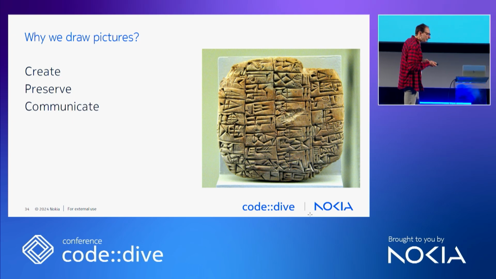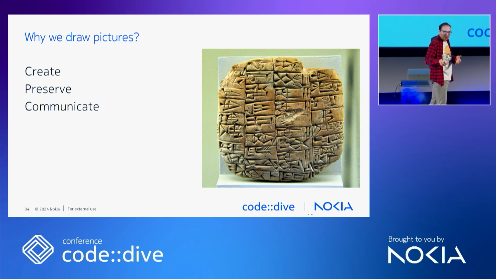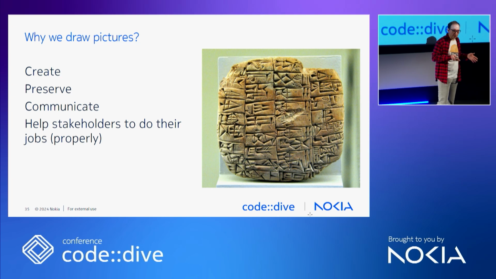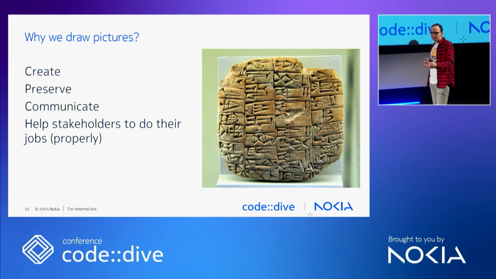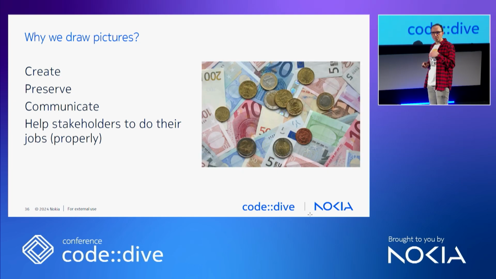And we communicate it to our stakeholders. Some of them just need it to help them do their jobs properly. And some of those stakeholders are people who are actually taking your architectural description, so not only diagrams, but diagrams among others, and they decide based on requirements, constraints, and business goals whether to give you money for implementation of this system, whether to fund your ideas.